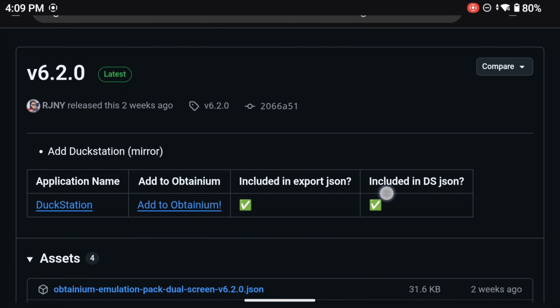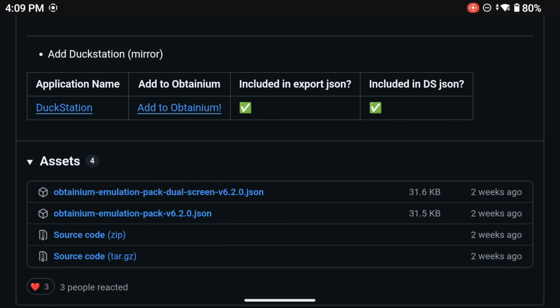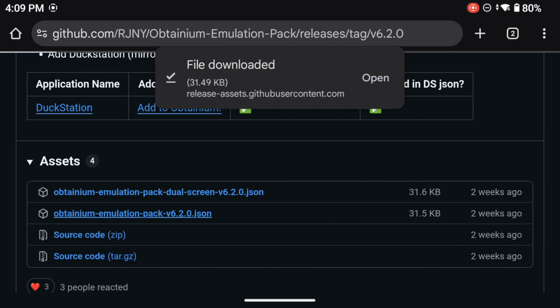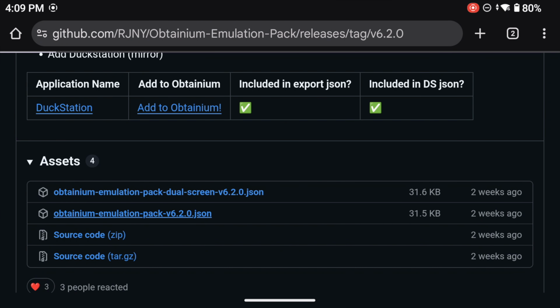v2.0, and there's two different versions here. There's the emulation pack, and there's also the dual screen emulation pack. So we're on a normal single screen Android handheld, so we're just going to download a single file. Okay, we're not going to open it. What we're going to do is we're going to head over to